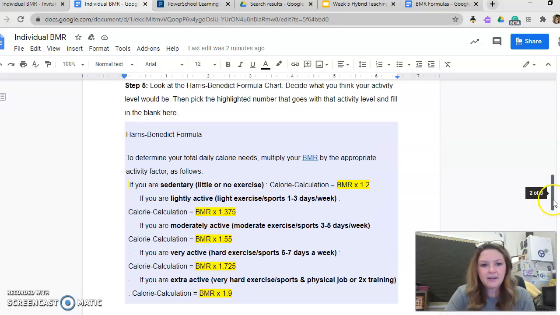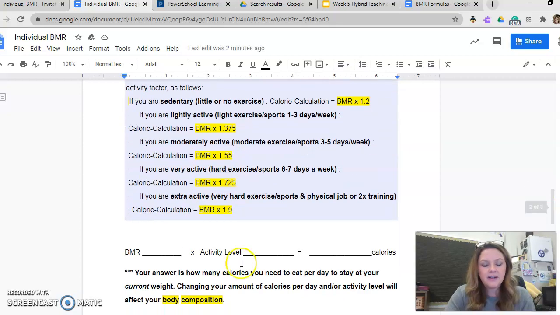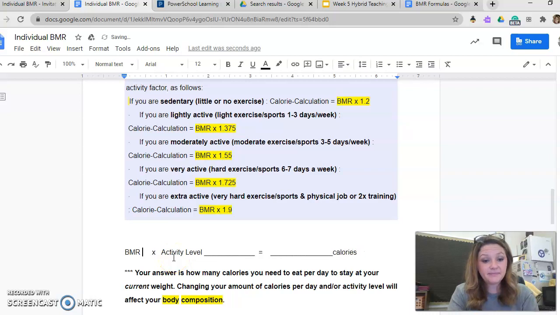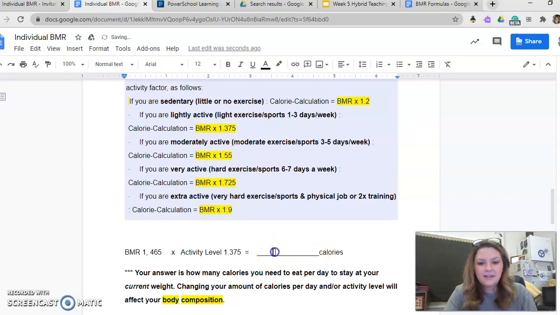So my calories were 1,465. Okay, so that is my BMR. 1,465 times my activity level. So I'm going to say that I'm moderately active because I do exercise 2 to 3 times a week. Well, let's just, for right now, go with the light. Especially in the last couple of weeks, I have been light. Been crazy busy trying to get school started. So now let's get our calculator, bring that back out again, and times that by